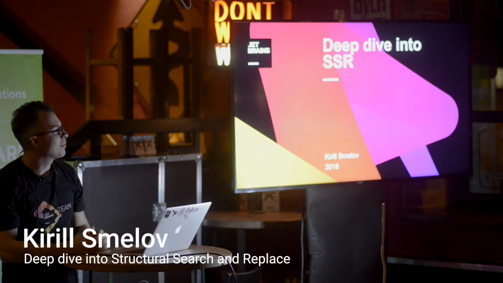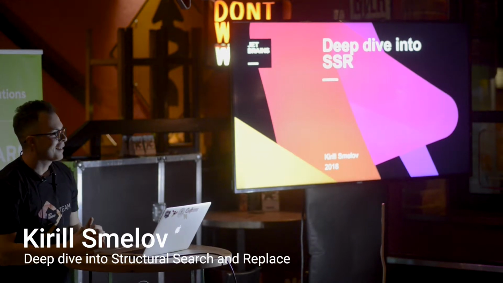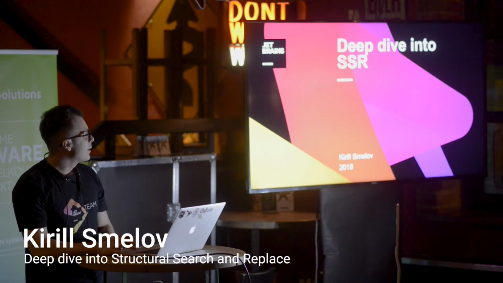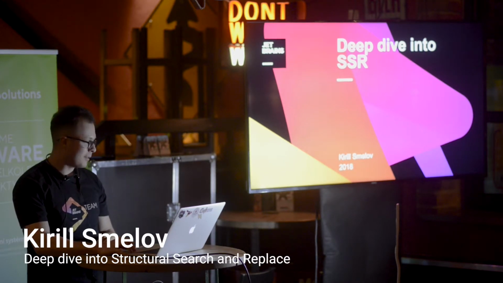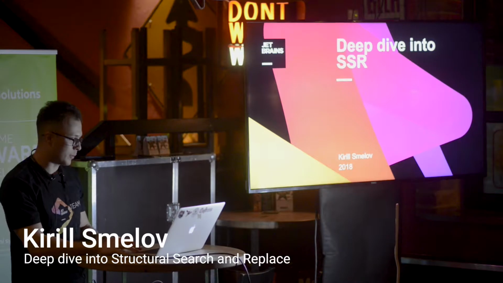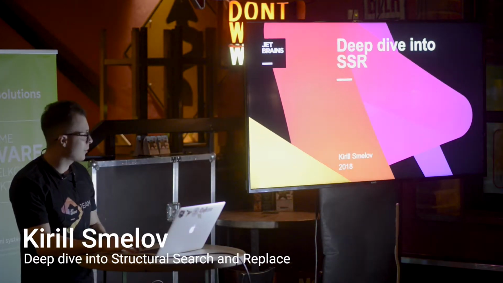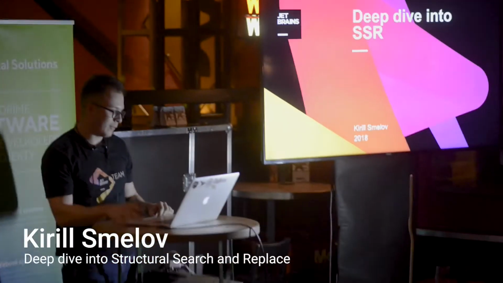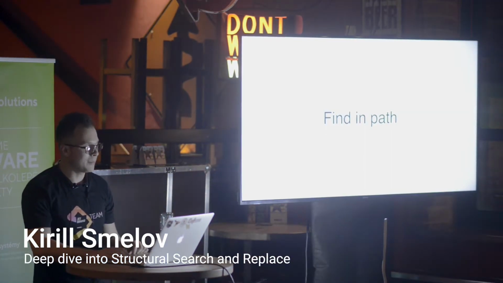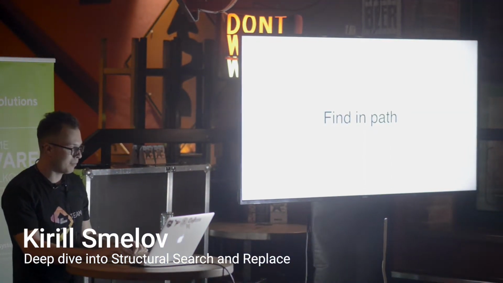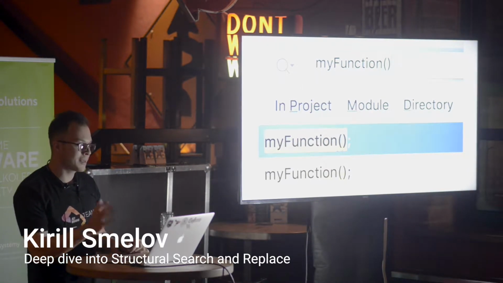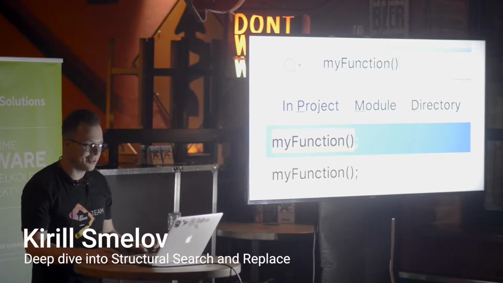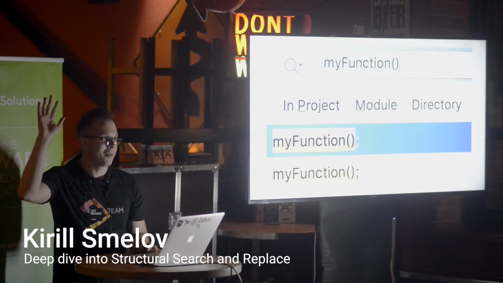So, I'm having fun right now. Now will be some specific fun. I will tell you an anecdote. One day I decided to search for a specific code pattern: a function call with 0 arguments, to find some deprecated calls. So I used the Find in Path facility for that, and I wrote something like this: white space, my function, and a couple of parentheses. How many of you did this trick at least once, for example?